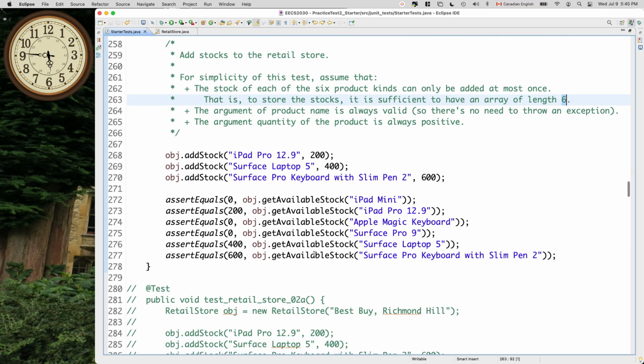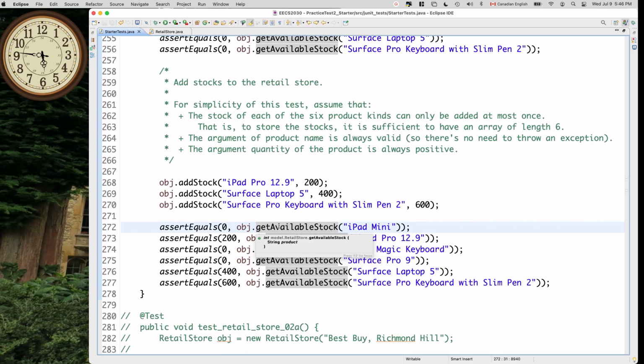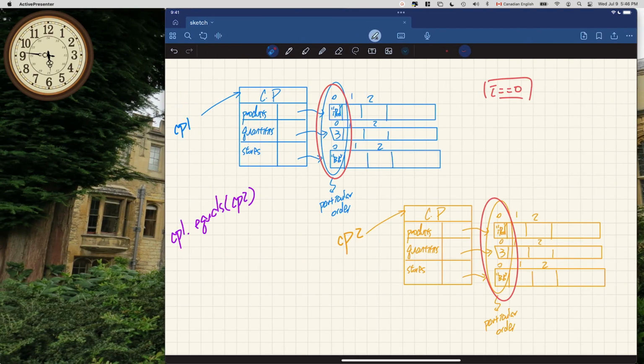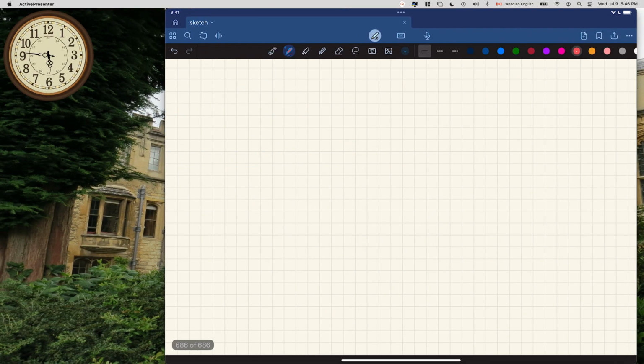And then get available stock. Of course, if you just run the test cases, this is not going to pass because the get available stock always returns 0. So now you got to figure out exactly what the stock is. It's very similar. Let me just write very quickly here, just for you. So we are talking about retail store, okay? So maybe RS1,